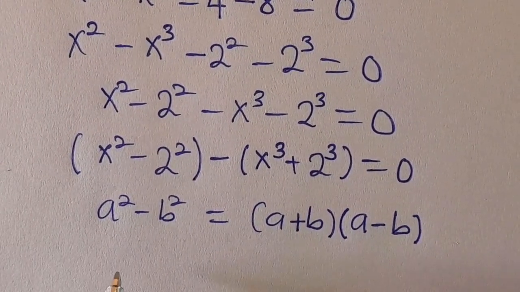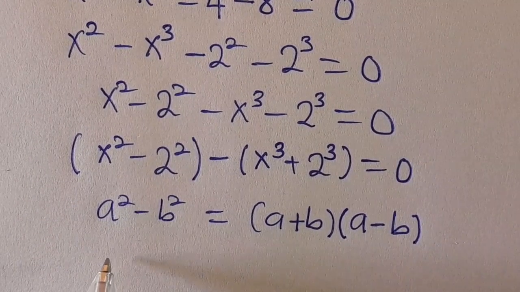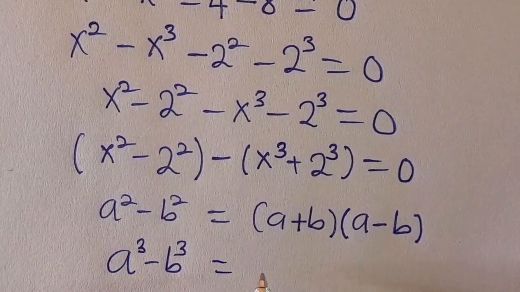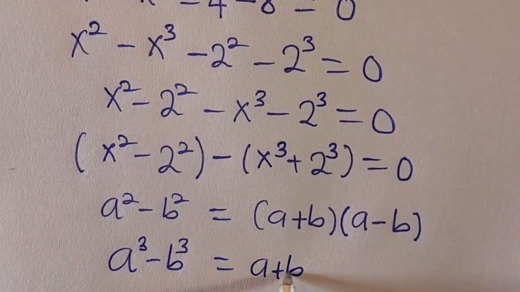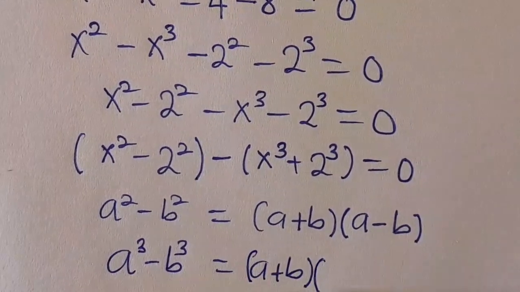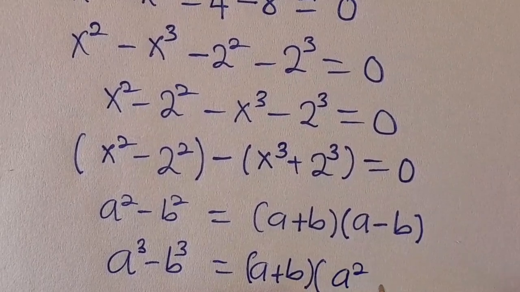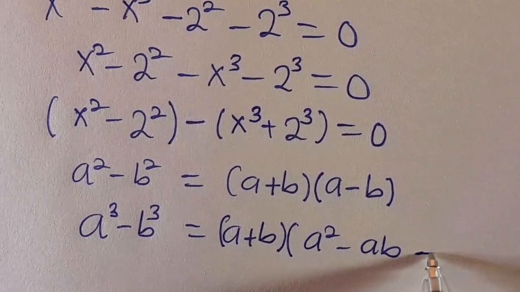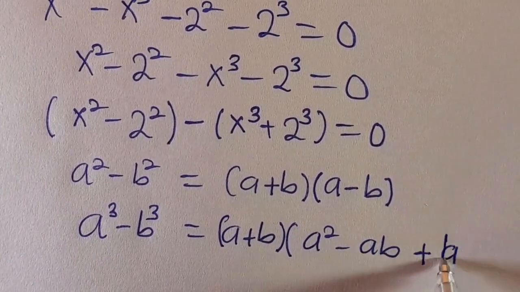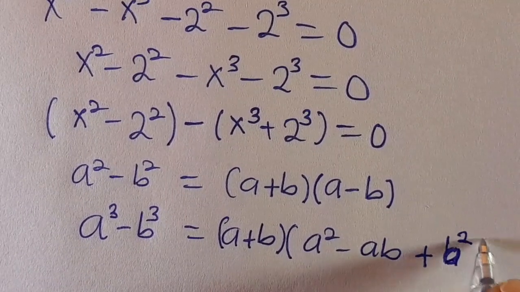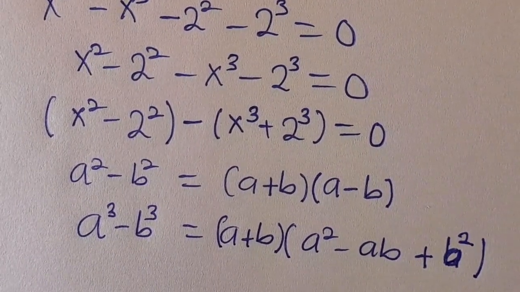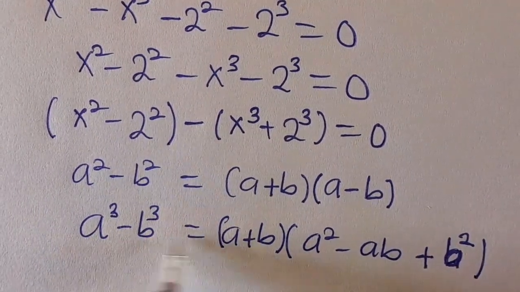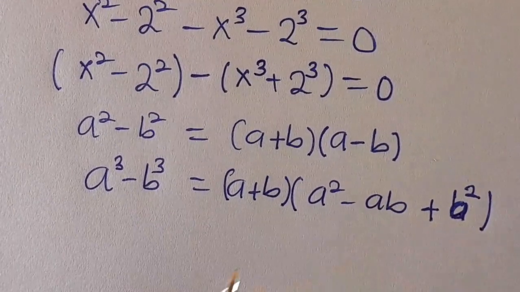And likewise, when you have difference of two cubes, when you have a cube minus b cube, this we have it to be a plus b all in brackets, then multiply by a squared minus ab plus b squared. So now by applying this expression here to this, and by applying this expression here to this, then we're going to have